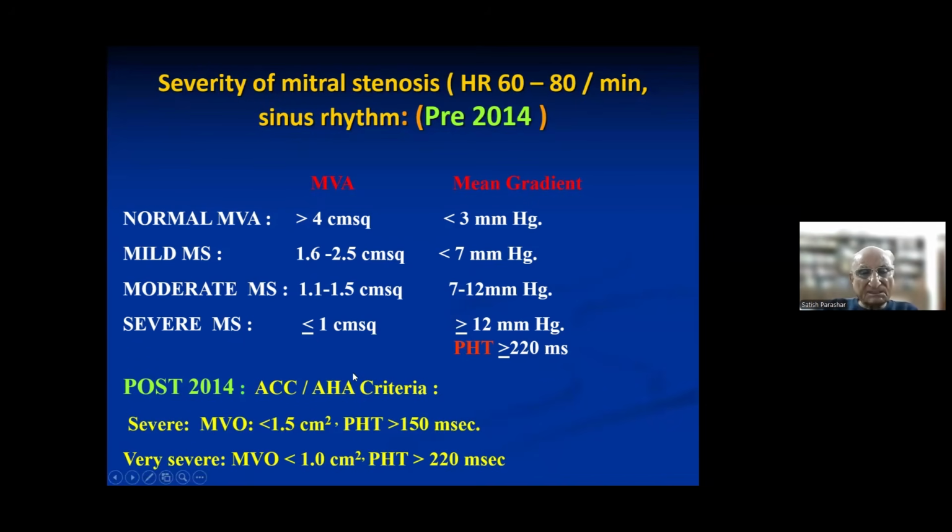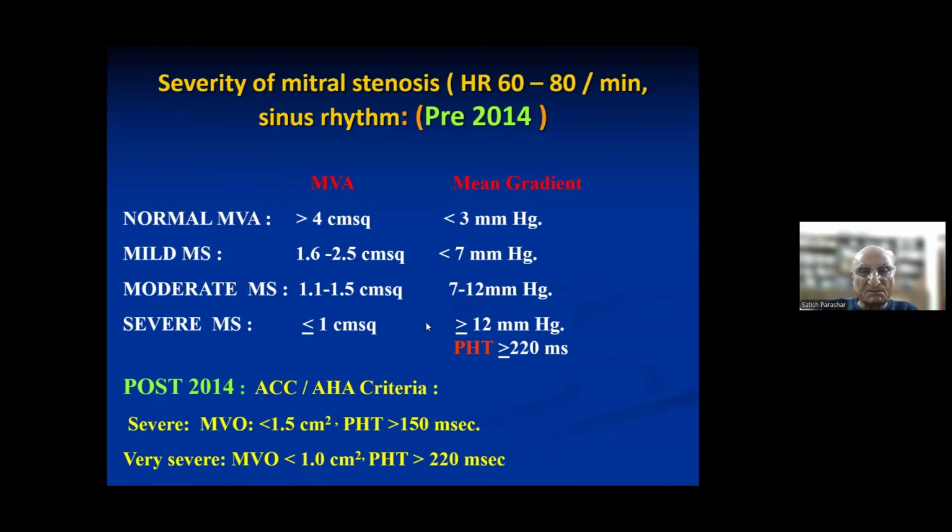But if you can't get it, then you have to give just an idea. Because as you know, even if they are not included, as the severity increases, the pressure and the volume, this mean gradient will increase. Suppose there is a door through which you are pushing two persons at a time, they can easily pass. But if the door is closed, you'll require more pressure to push the two out of the door. So that is the same thing.